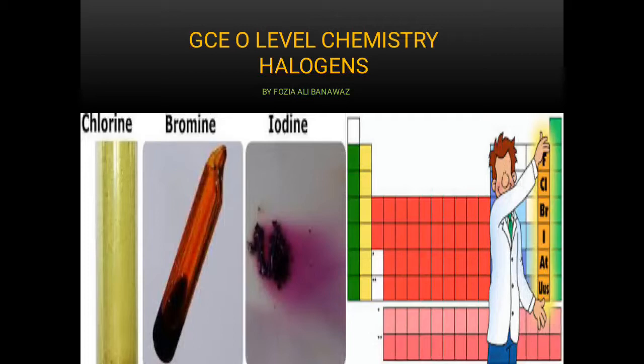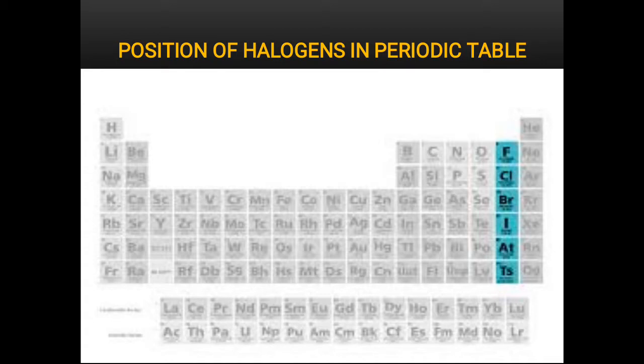Look, I made a last topic video for topic halogen from periodic table chapter, and today I am teaching you halogen particularly. So first we see what they are and where they are located and what are their general physical and chemical properties and all the reasons which are associated with their physical and chemical properties. So let us begin with the position.